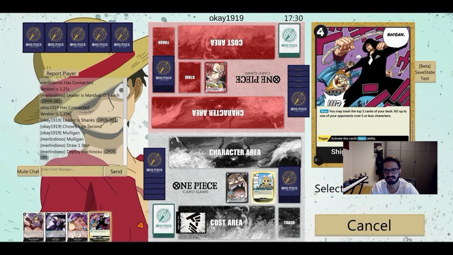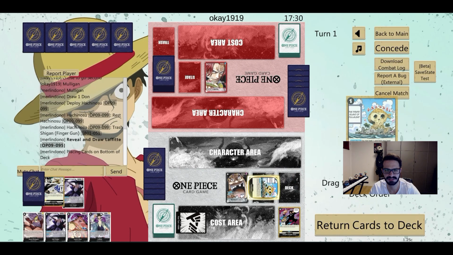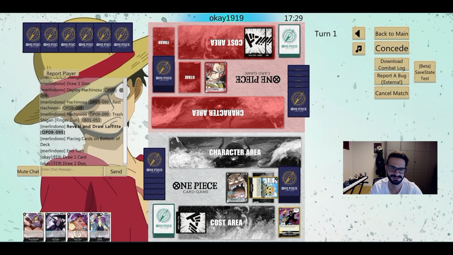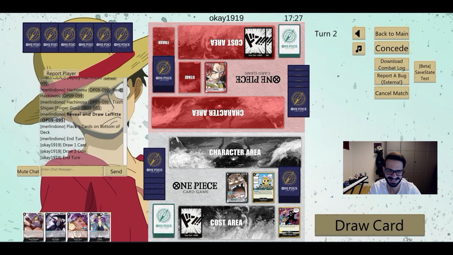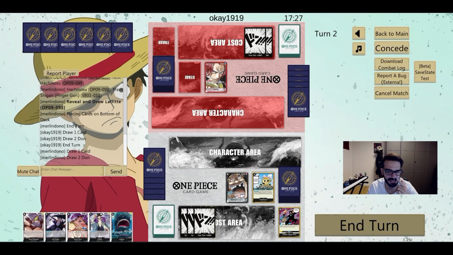So, and the last game for today, again against Shanks, again a rank match. Again I lose the dice roll like always, guys. I'm really sorry. So on the first round I play of course